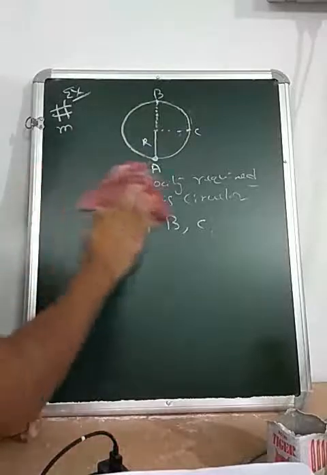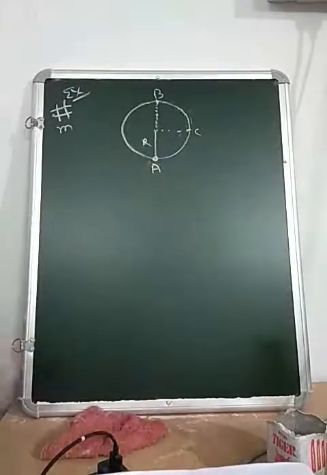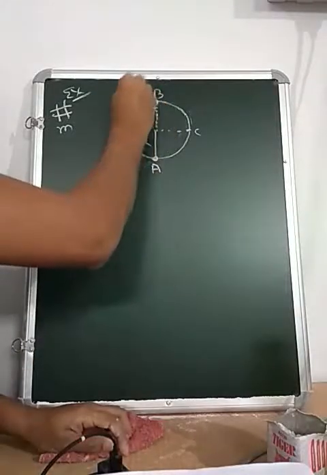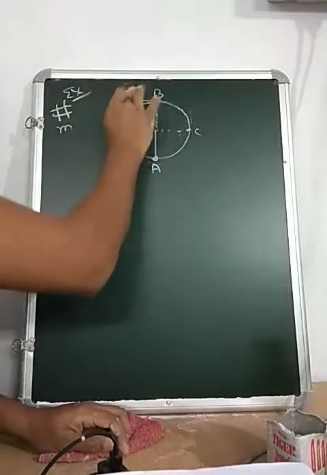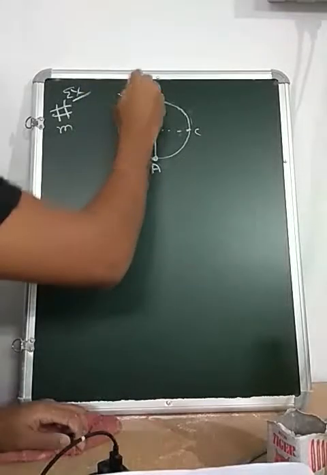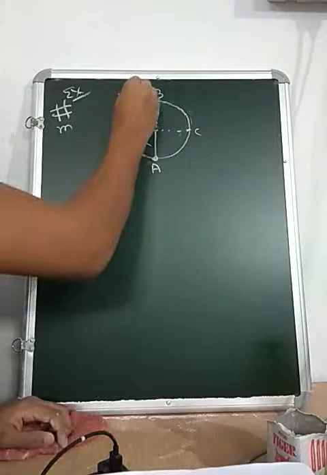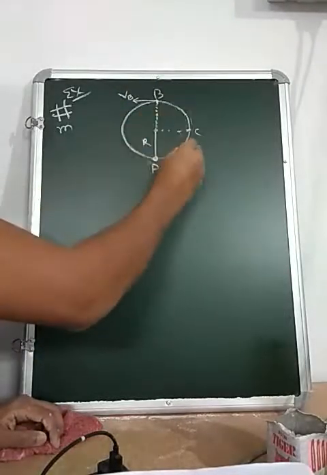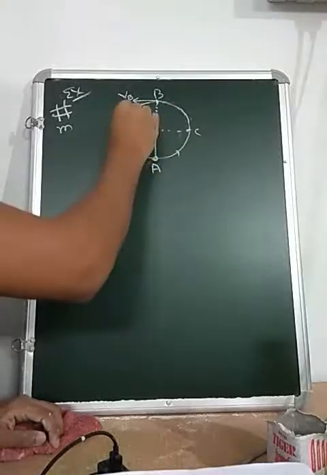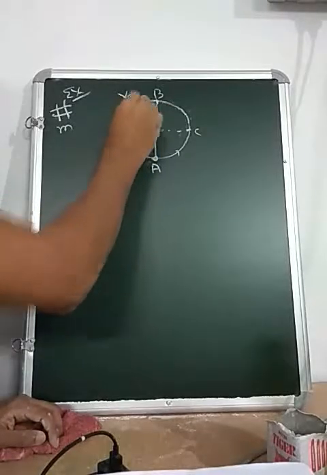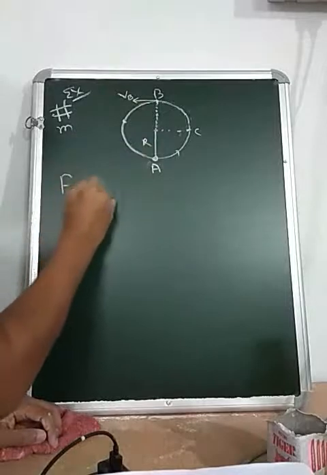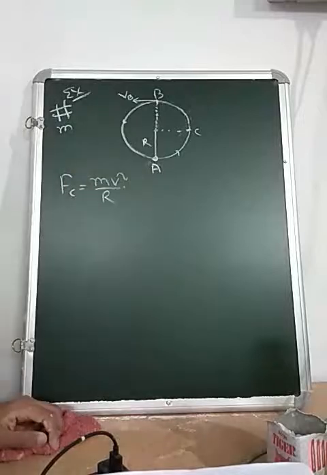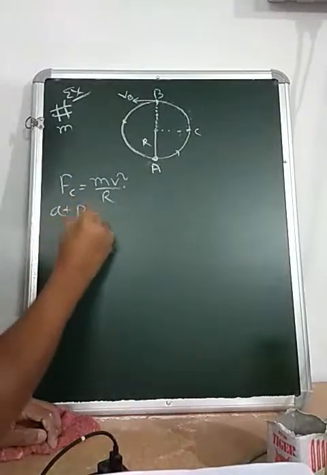We are asked to calculate this. Earlier we calculated the minimum velocity at point B. What is the minimum velocity at point B? How do we calculate this minimum velocity? When we discuss circular motion, the centripetal force comes in, which is given by m v square by r. So at position B,